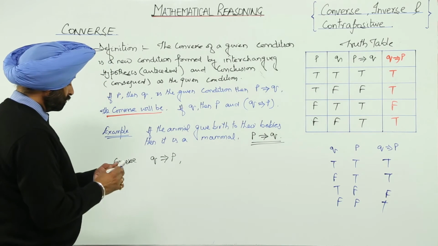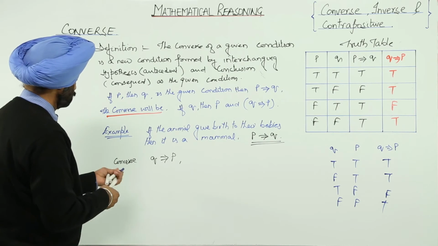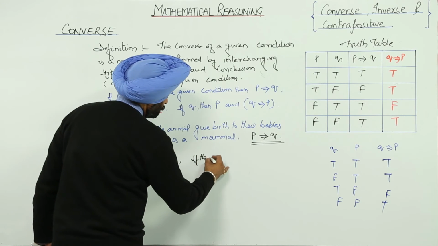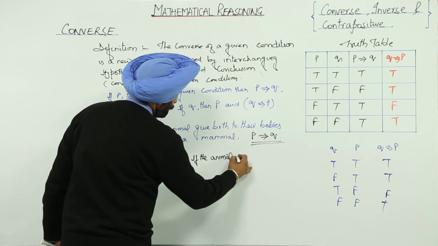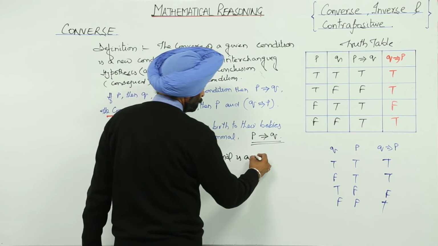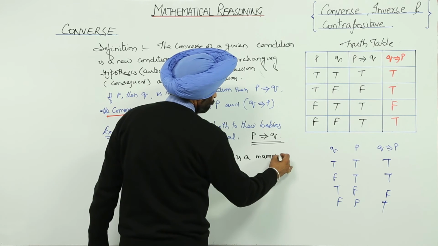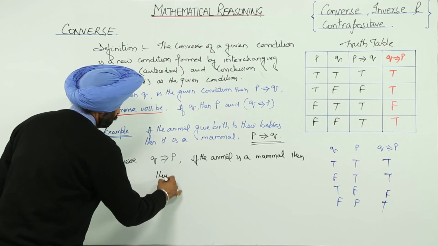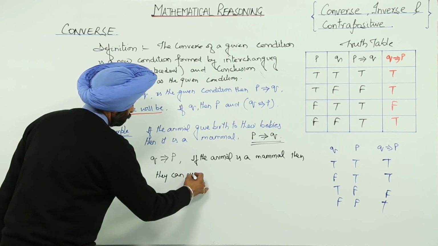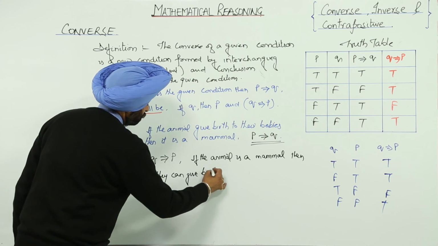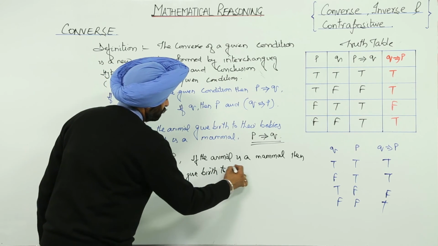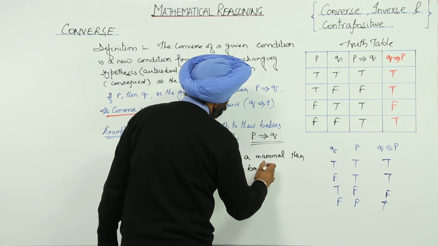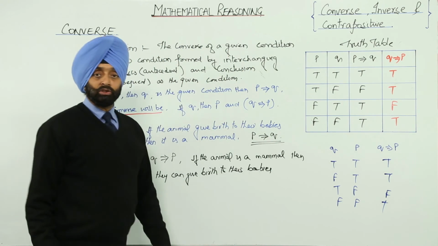Now what can we write here? We can write: if the animal is a mammal, then they can give birth to their babies. Okay, so this is about the